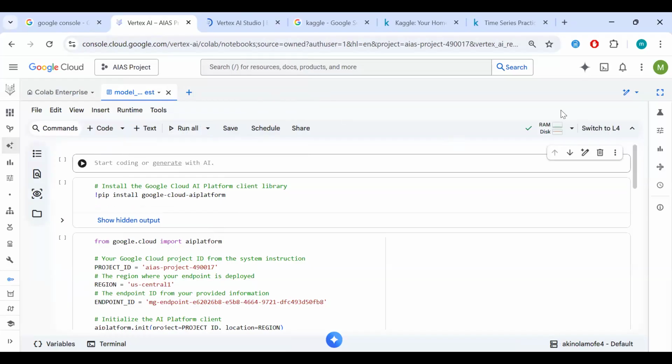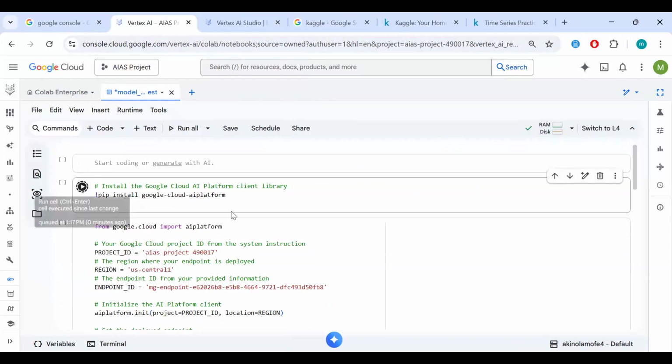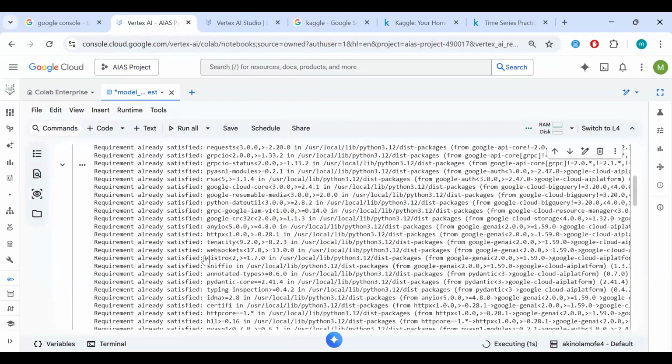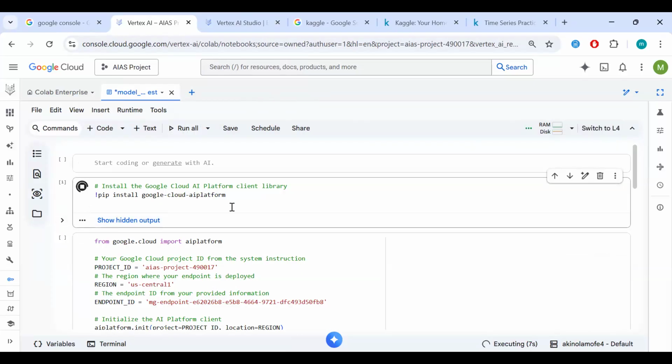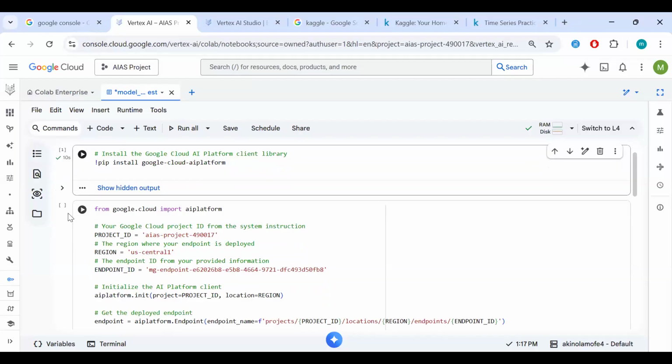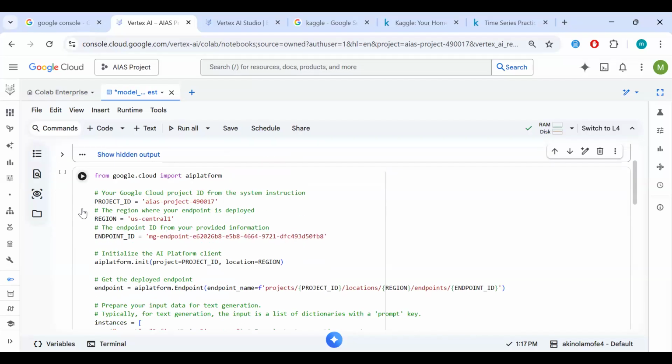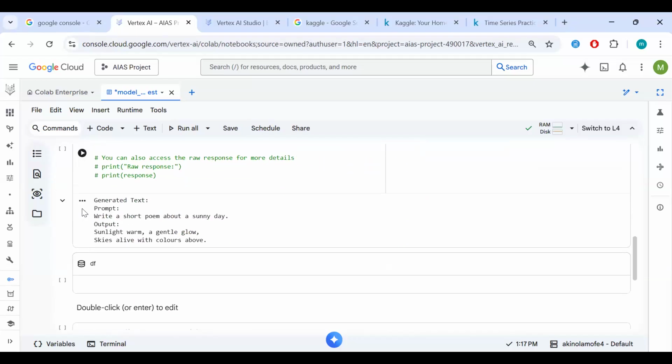Lucky us. So now we're running on the hardware. I'm not going to interact with this so it doesn't delay us anymore. So I'm going to run our first script, which is to install our dependencies. And as you can see, they've already been satisfied. Because I've run this before, all the dependencies that we need to run the script are already there. Right? And this is why you need to understand the language if you're going to go forward. And then we'll run our script and see what our response will be.